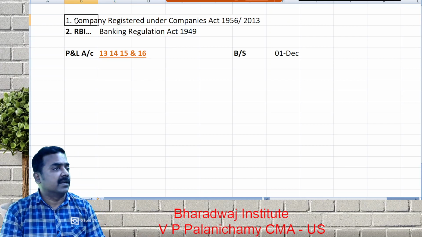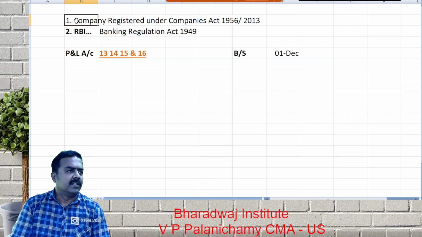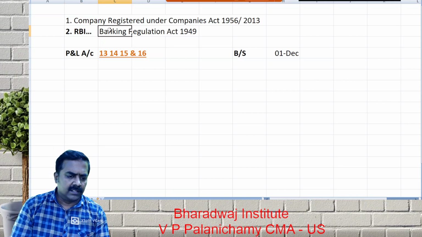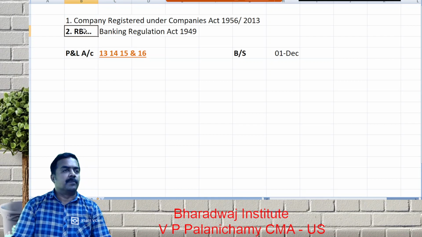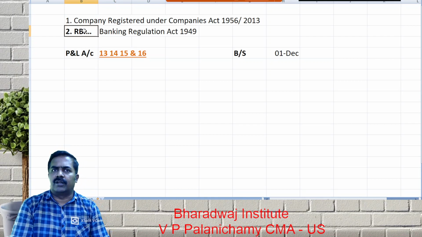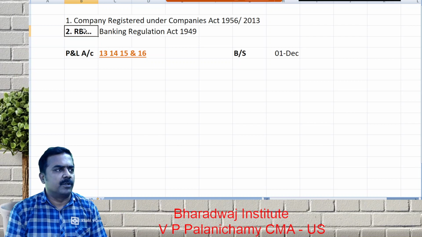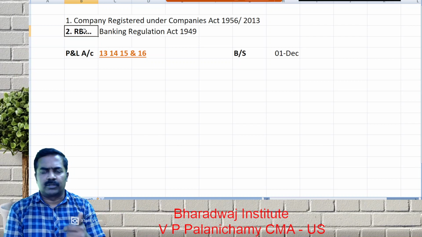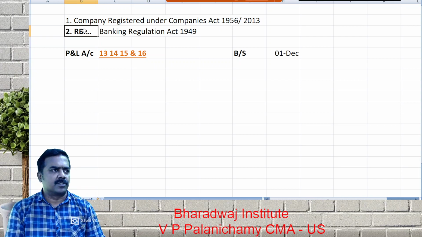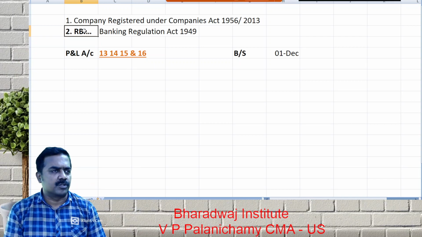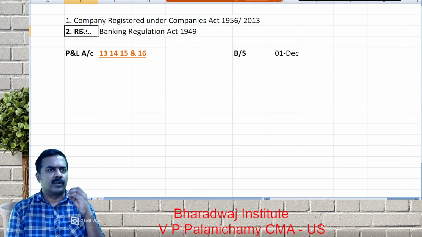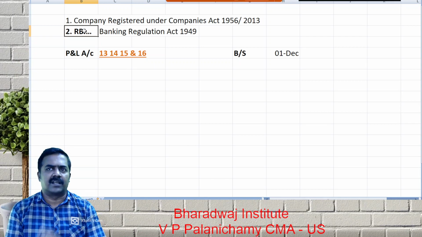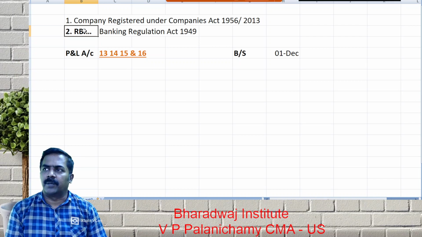A banking company should be a company registered under the Companies Act 1956 or 2013. And RBI will give approval subject to which one? The Banking Regulation Act. So they give approval on a case-by-case basis. There are a lot of restrictions: minimum paid up capital, minimum experience in the business. They will look into the board of directors' qualification and qualities. None of the board of directors should have been involved in any big scams, frauds or errors in the past. No case should be pending against them.